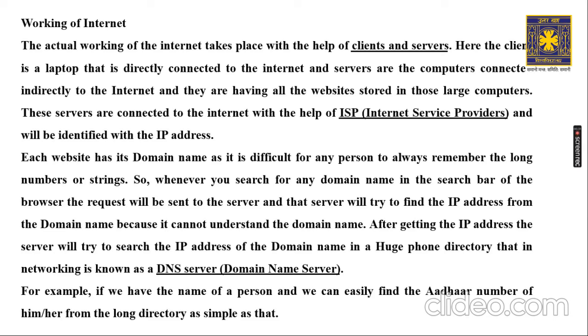How will the server map that domain name with the IP address? For that, it has a special server that is called the DNS server, the domain name server. The domain name server is responsible for mapping the domain name. Suppose you write facebook.com. Now facebook.com is stored in some IP address, that means in some server. So the IP address of that server is something. Now the domain name server will map where this facebook.com is residing. That thing will be done by the domain name server.